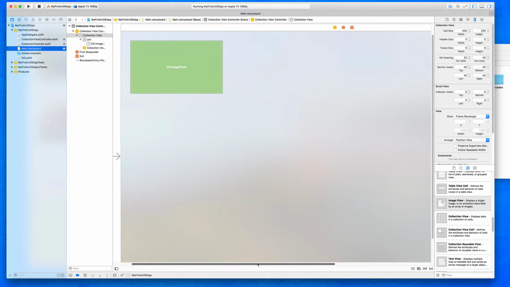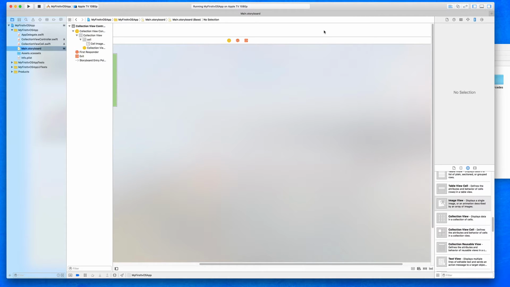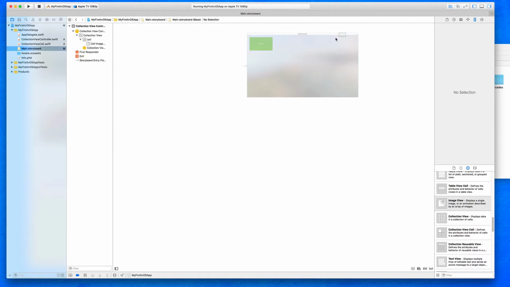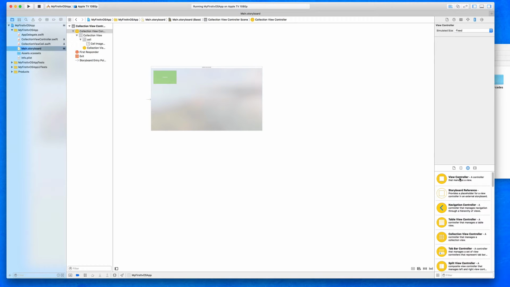a UIViewController, which is going to be used for our detail view. So I'll just quickly slide over to the right here. I'll zoom out so we can see the view. There we go, just move it there. Scroll to the top and add in a simple view controller. There we go. So we place that in, and what we need to do now, as you can see, is